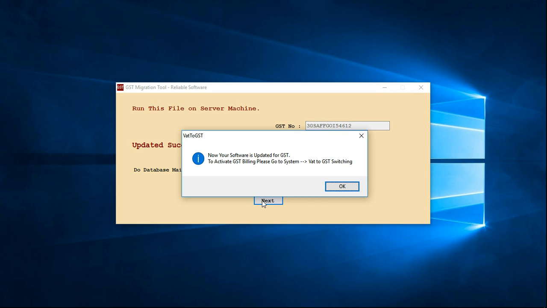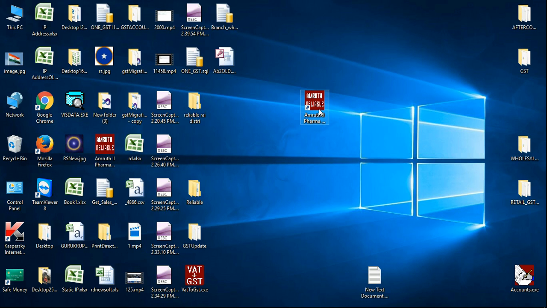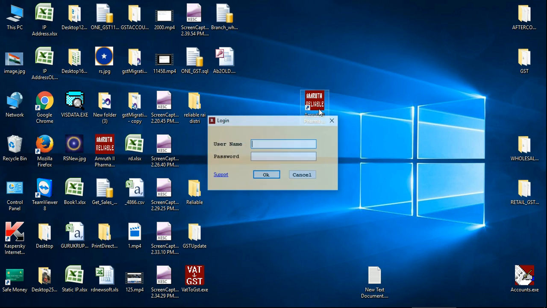Now after the completion of the update on your system, you will get a message which will look like this, and then you have to click on OK button. So once you click on this OK button, that means the update has been successfully added to your Amruth 2 Retail Pharma software. After the update is installed on your system, just double click the Pharma Retail icon, enter your ID A, click